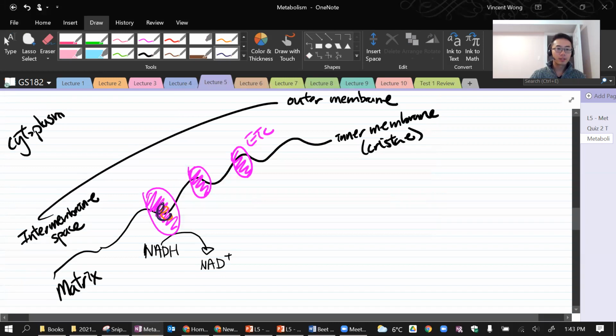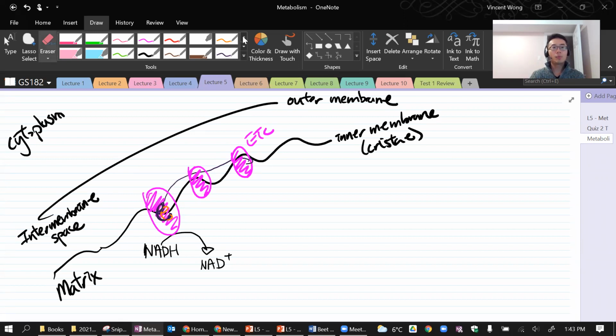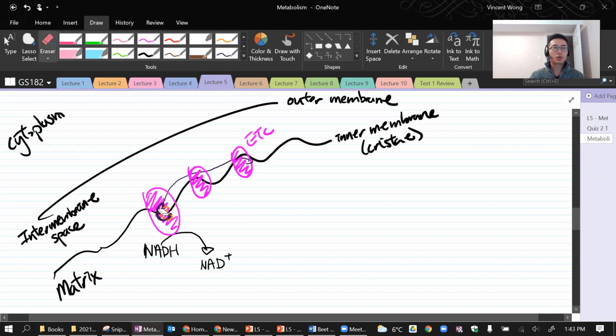Electron. So it's going to release the electron, and then the electron will get passed down the ETC. Okay, like the hot potato game. You just pass the electron down the ETC. As you pass the high energy electron down the ETC, we will be harnessing the electron's energy. We'll be taking the energy from the electron and use it to pump H+ from the matrix into the